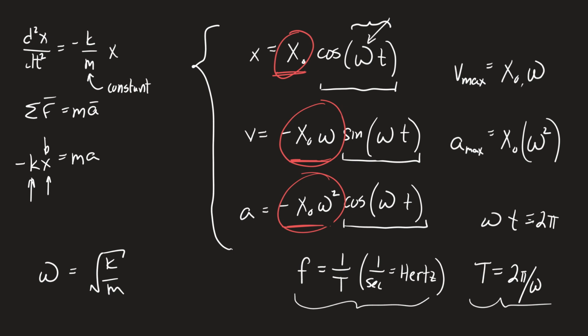Omega is a term we already know. That's in radians per second. Since everything inside that parenthesis has to be in radians, we write this as omega because omega times t needs to be in radians. So that's why we list that as the angular frequency. All right. I'll show you